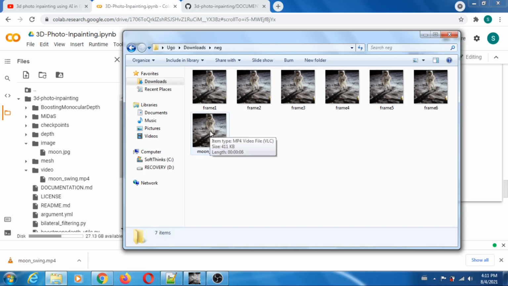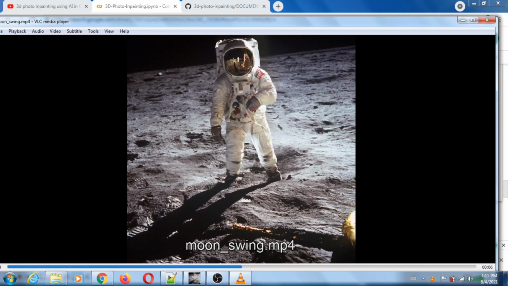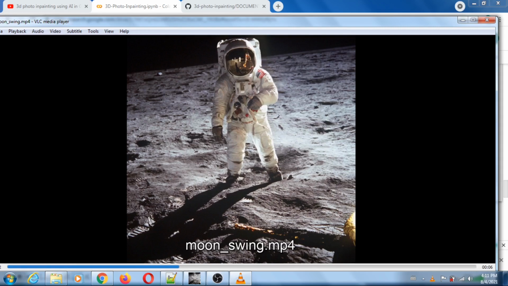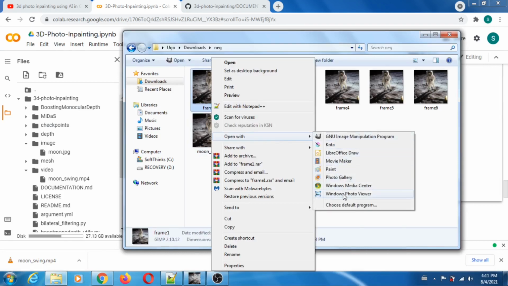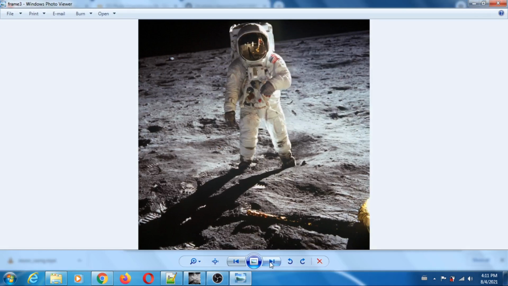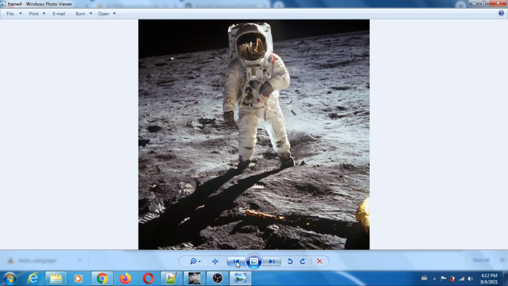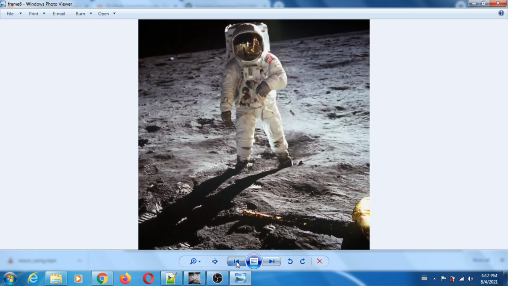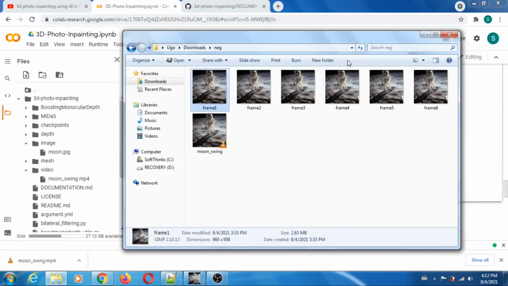I'm just gonna run that. And you can see it's moving. So you have 6 frames moving to the left. Okay, and I'll show you the frames. Open with photo viewer. Okay, so this is frame 1, 2, 3, 4, 5, and 6. And so this is on the negative,